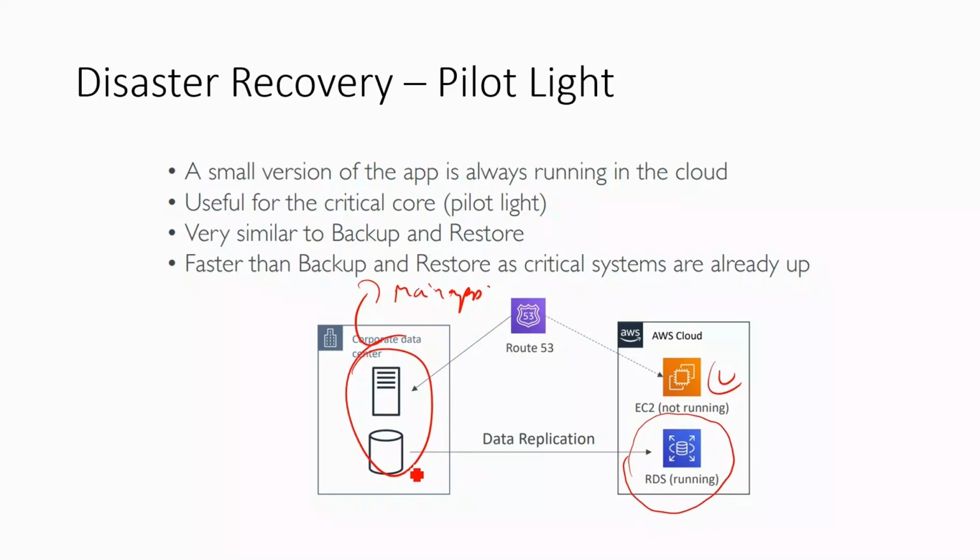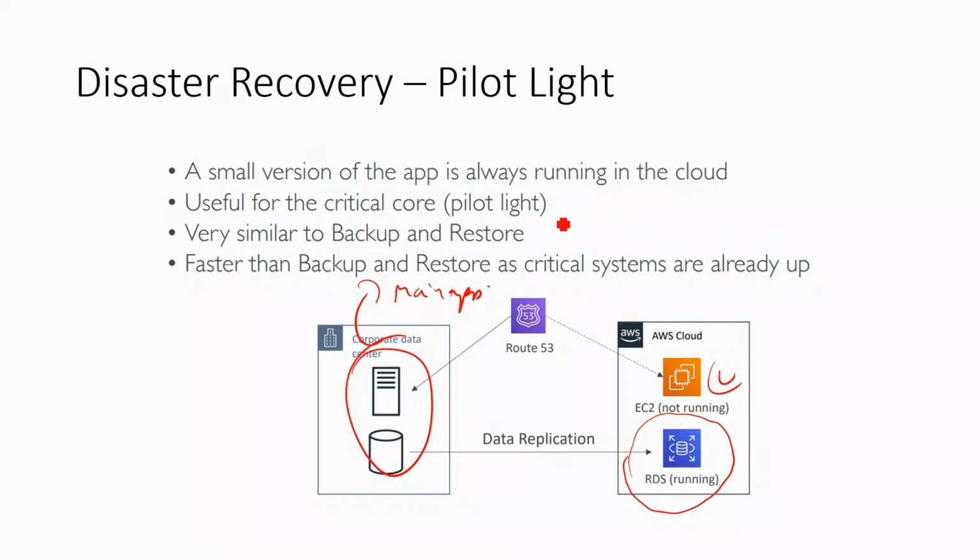So you are doing continuous replication from your corporate data center database to the RDS on AWS, and you are keeping only this RDS updated, not this application, which is still not running. So if some kind of disaster strikes your corporate data center, your database is already up and running, you just start your application and it will do the job, it will act as a master